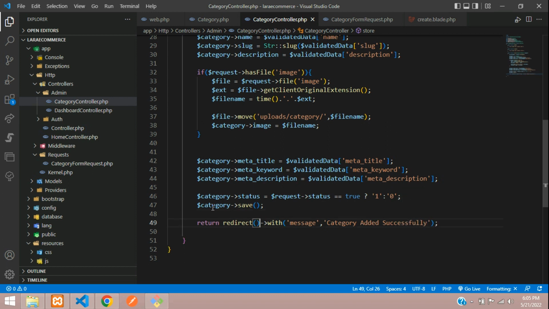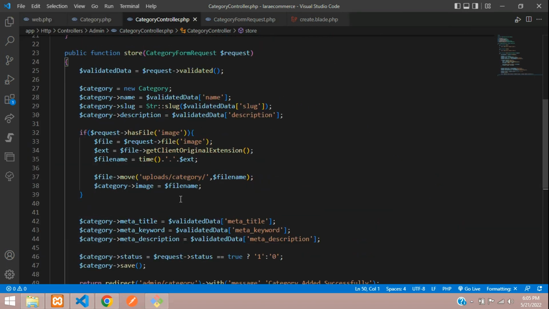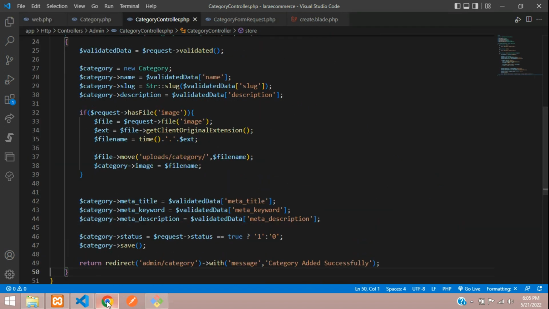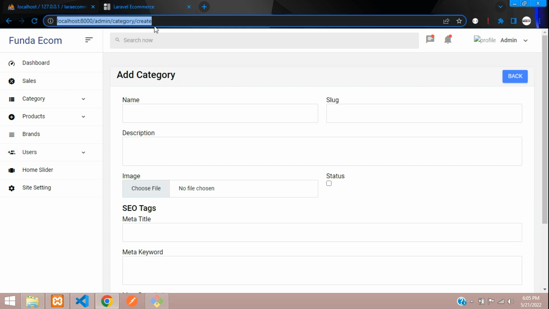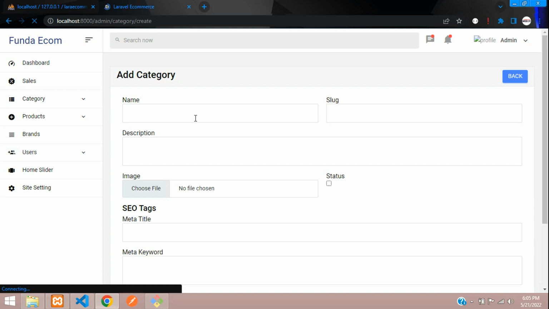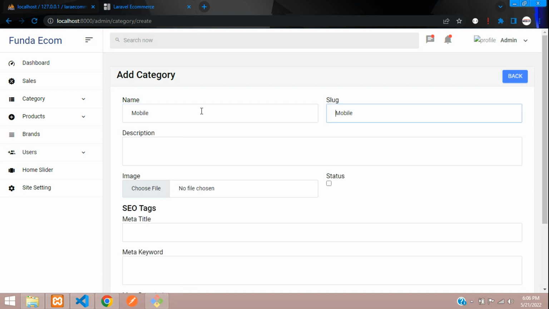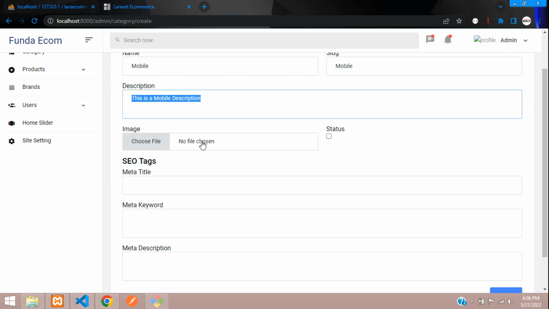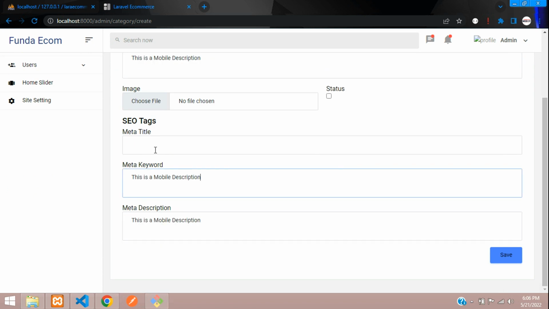and where you're going to redirect on the admin/category page. So let's save guys, and now let's check the output once. Here we save, go back, let's refresh once and save the data. First will be mobile, and the slug is going to be mobile. And now let me copy this, and now we need to upload the image. Before that, let's paste here the description and keyword. Here you change the meta title,